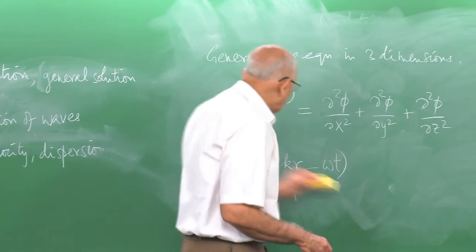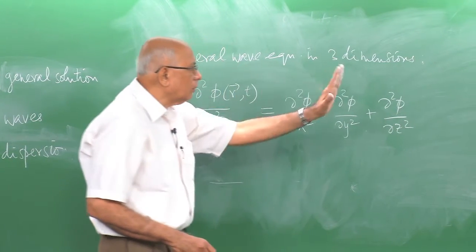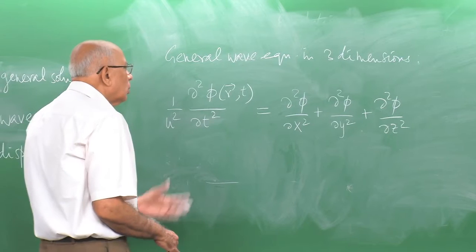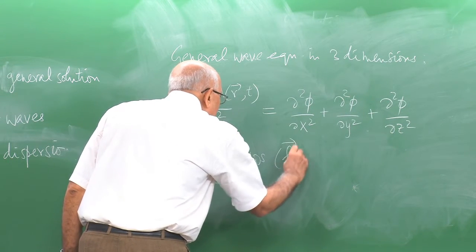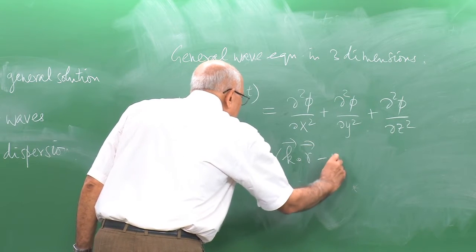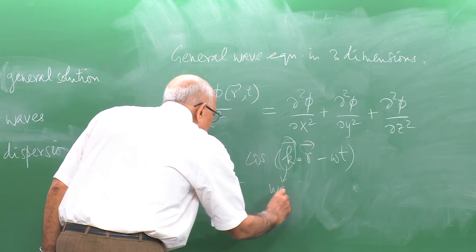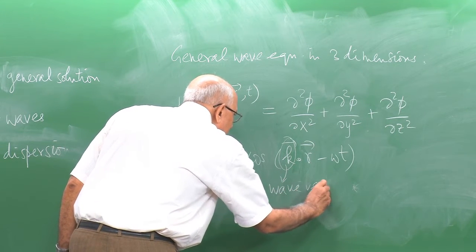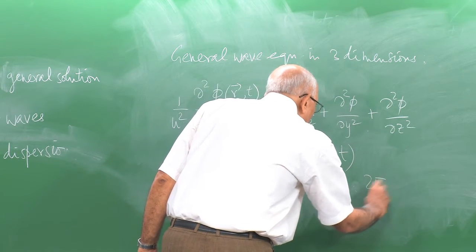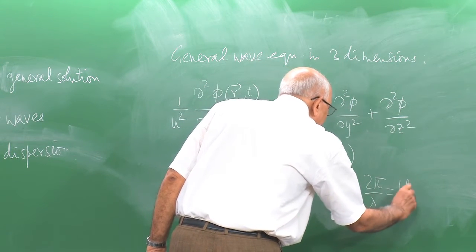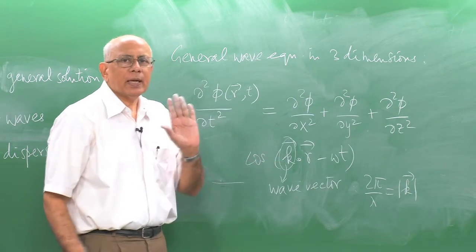You could also have other kinds of solutions, again similar to the one dimensional wave we talked about earlier, and a more general form for this would be something like cosine of k dot r minus omega t, where this vector k is called the wave vector whose magnitude gives you 2 pi over lambda, modulus k, and whose direction gives you the direction of propagation